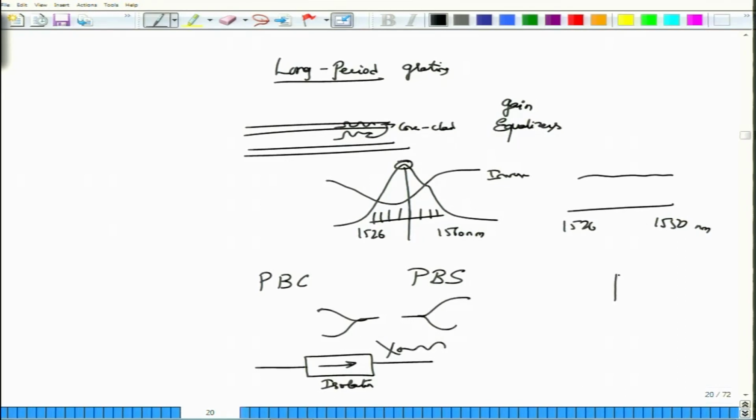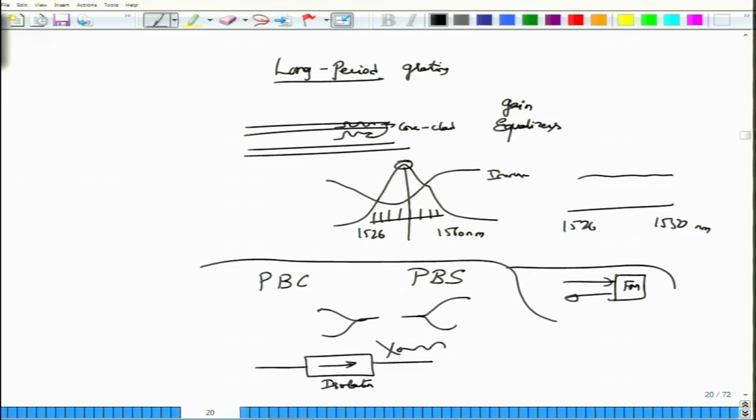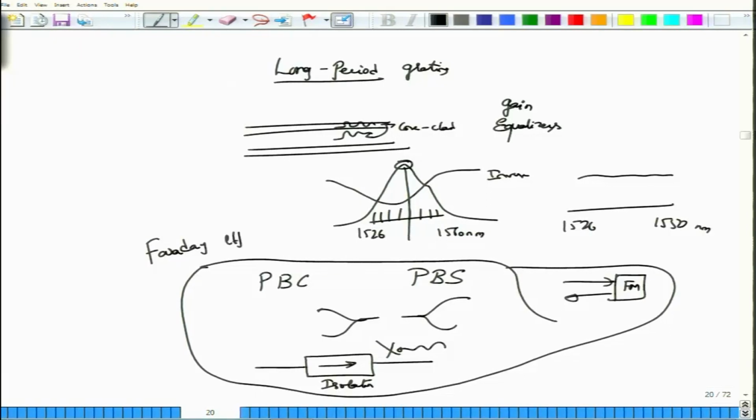Then there is what is called a Faraday mirror. The Faraday mirror will simply reflect whatever light has been sent in onto the reverse side of it. So, this is another WDM component that will be very useful to us. So, you have an isolator, you have a Faraday mirror, you have all these devices which are used. Interestingly, these polarization beam combiners, polarization beam splitters, and isolators can exhibit some polarization dependencies, but they can be made polarization independent, and all these devices work on the basis of what is called the Faraday effect.